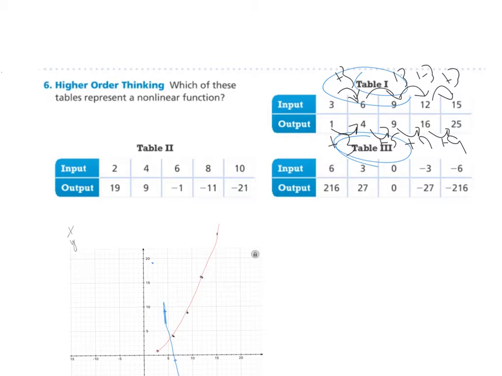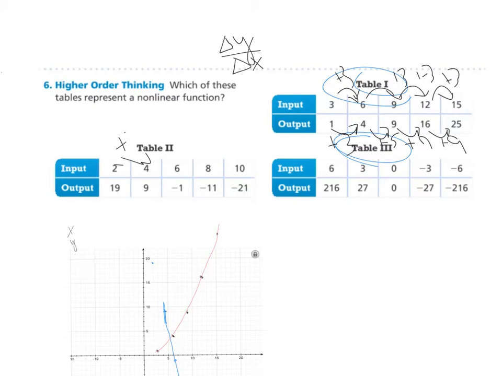Okay, and the reason we know that that's going to be nonlinear is, remember, we talked about slope is change in y over change in x. If we have a straight line, our slope is the same at any 2 points on the line. If it's nonlinear, that means here to here, it's this slope, now it changed, now it changed. Okay, so table 2,